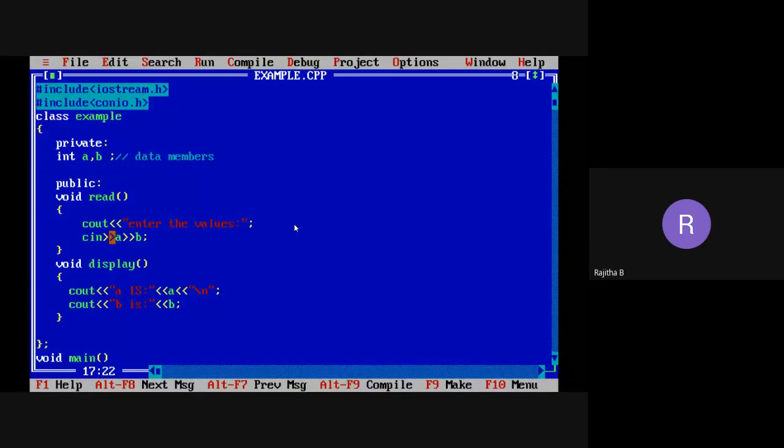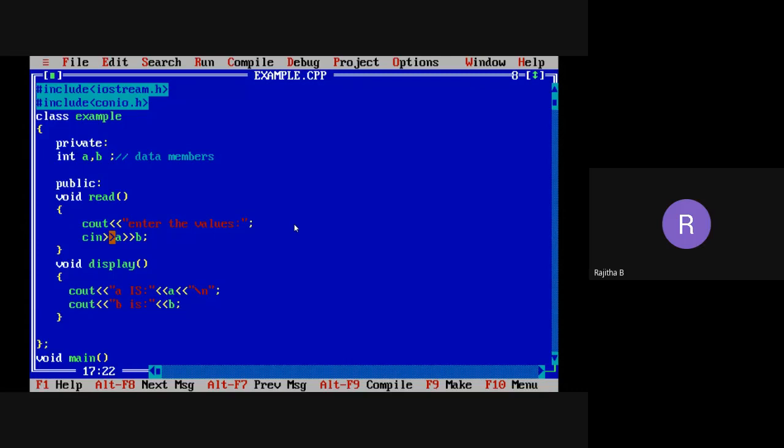Then what is the use of writing the program? Can we get the output? No. Why? Because you are declaring all members under private. We cannot access those members outside the class, so we cannot assign any values to the data members or member functions. So what is the use of the program?